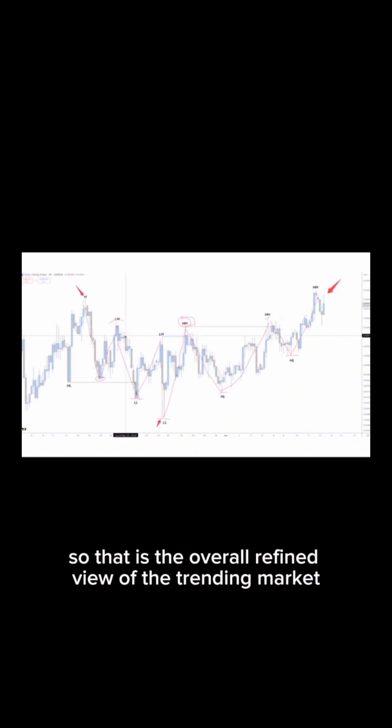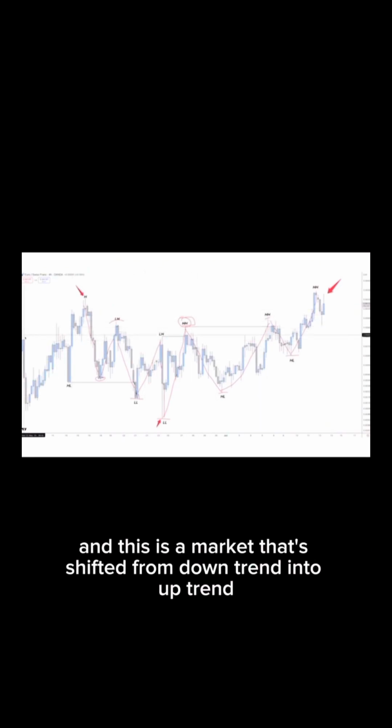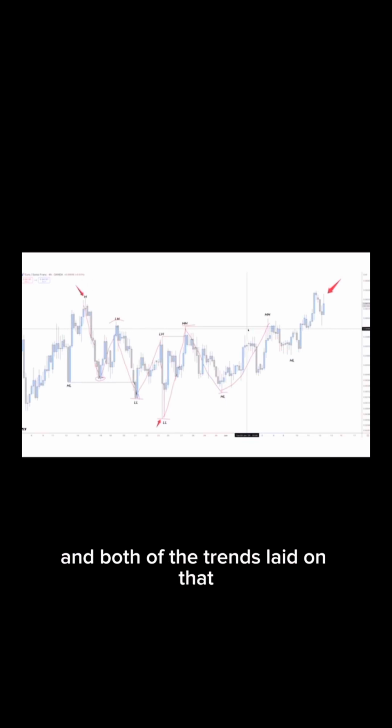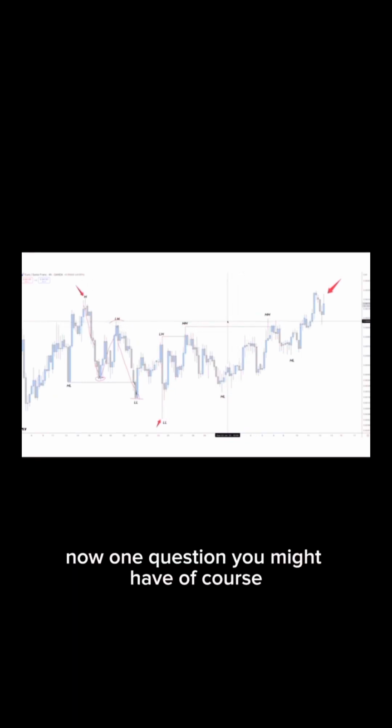So that is the overall refined view of the trending market. And this is a market that's shifted from downtrend into uptrend. And you can see both of the directions there, and both of the trends laid on that. Now, one question you might have, of course,